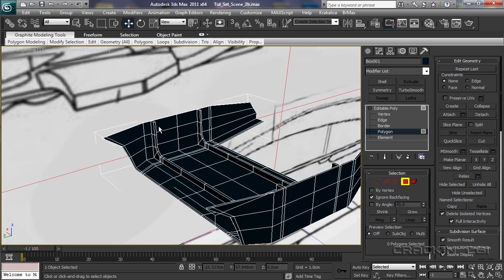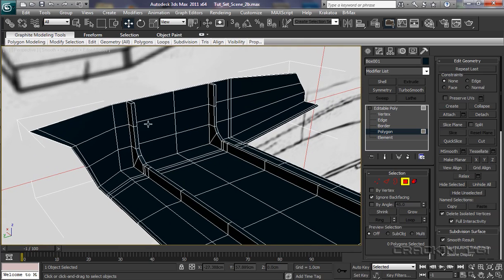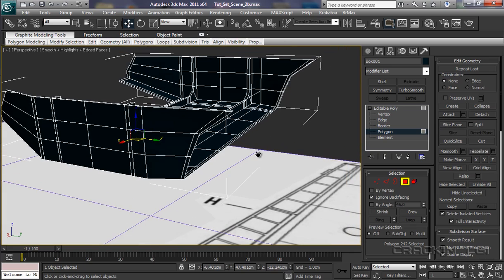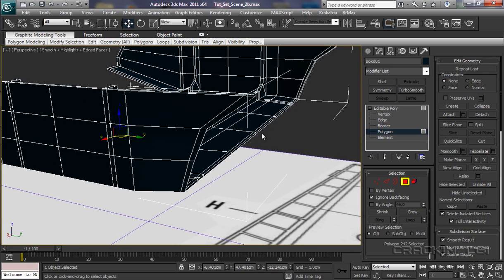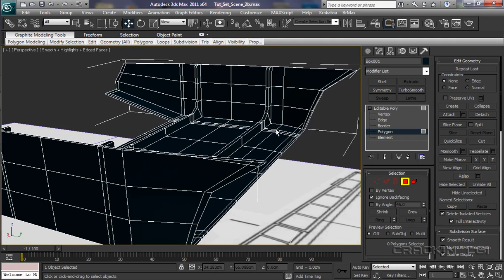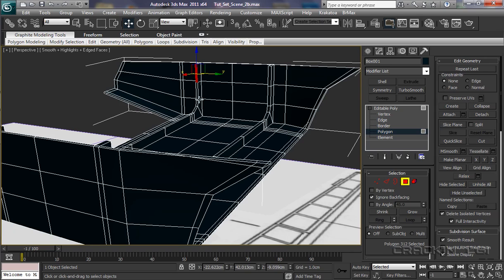What I need to do is zoom in. We're going to make sure ignore back facing is on. Click that. Might as well do this one at the same time, and we'll delete those polygons there. Let me just click on that polygon, and then we can pivot about it. Deselect it,